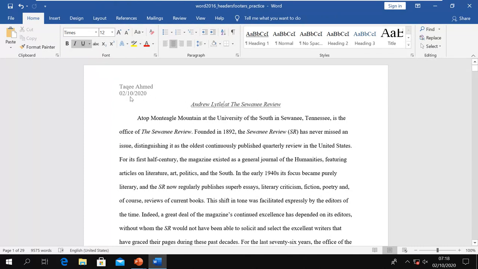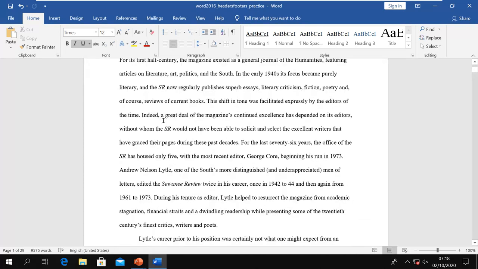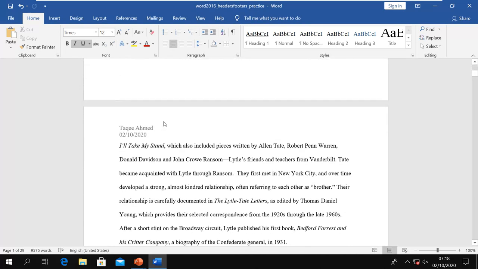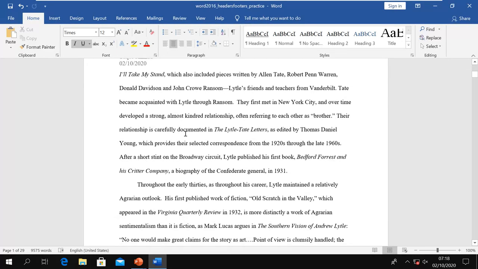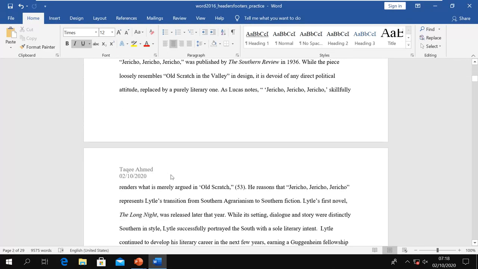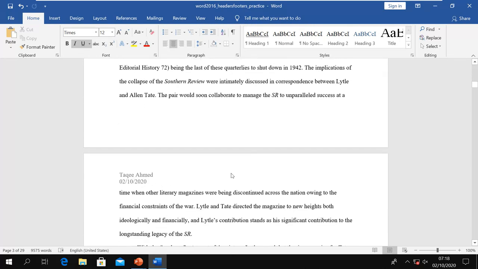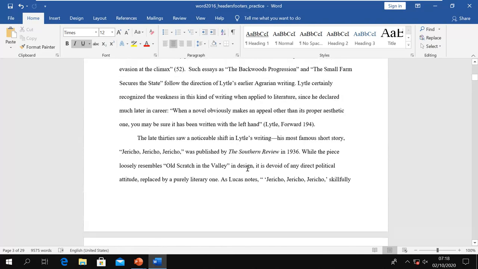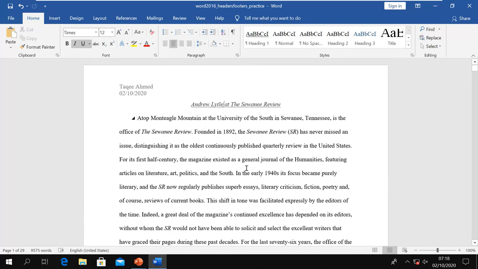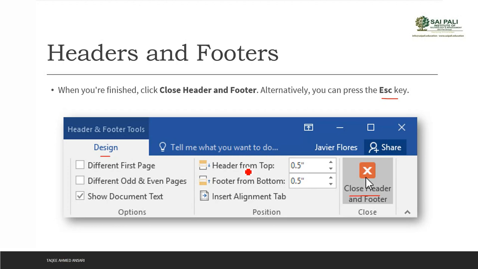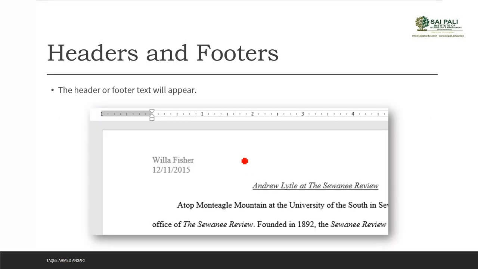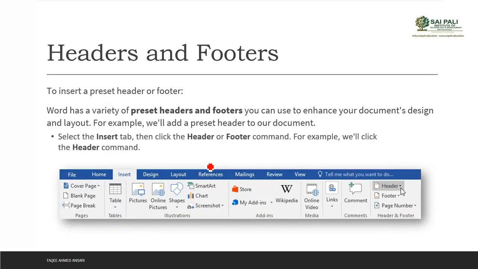Now you can see the header is now there in our document, and that information is great. Why? Because it now looks like it's in the background, and when you check your document, it will appear on every page. You can see it appears here also. If I go down, it is appearing here also. If I go down more, I can see it is appearing on all the pages, including my first page.